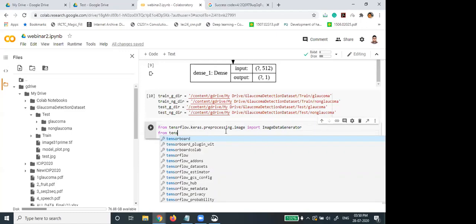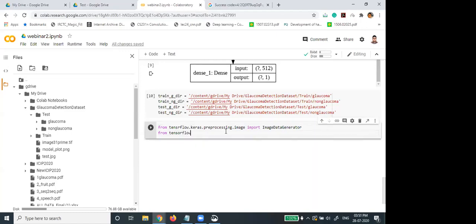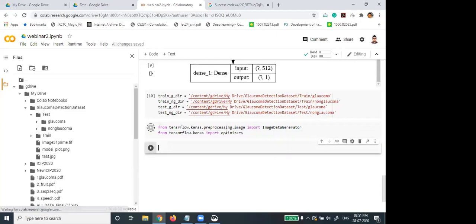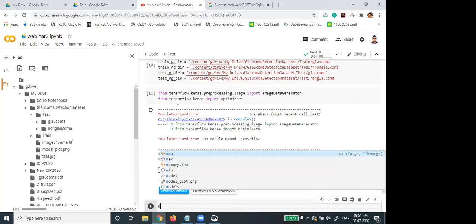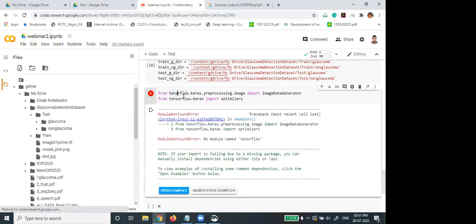And we will import some optimizer as well. TensorFlow.keras import optimizer. Oh, sorry. Spelling mistake.